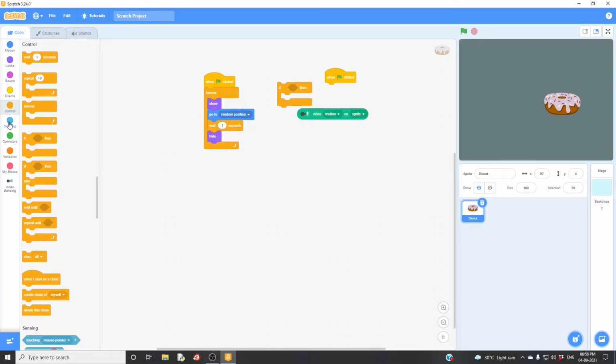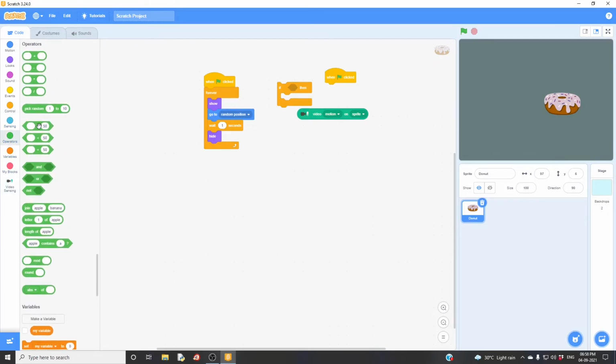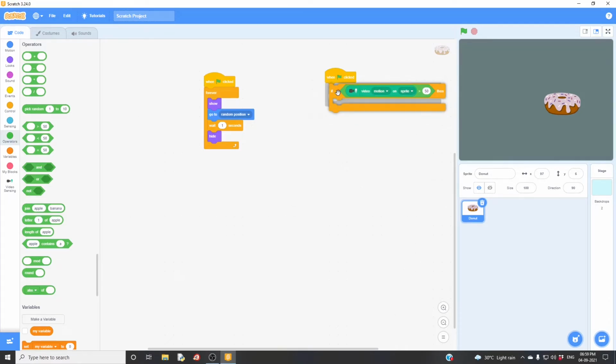So I'm going for operators and drag and drop the greater than symbol and just drag and drop here. So drag and drop within this loop. Sorry. Just have this here.